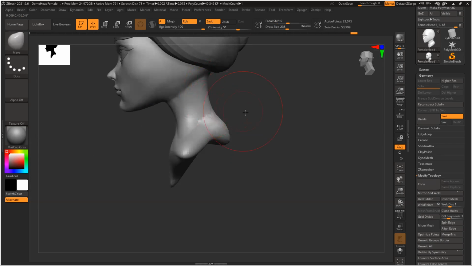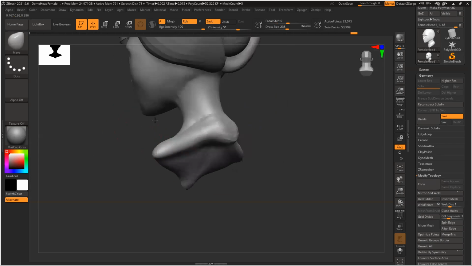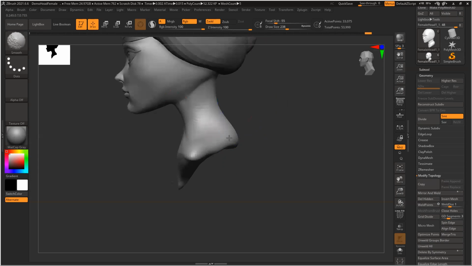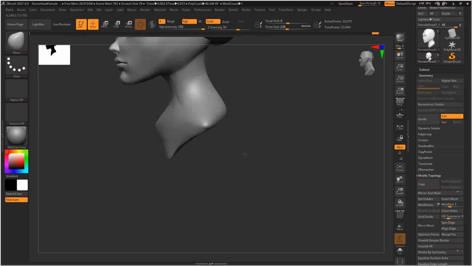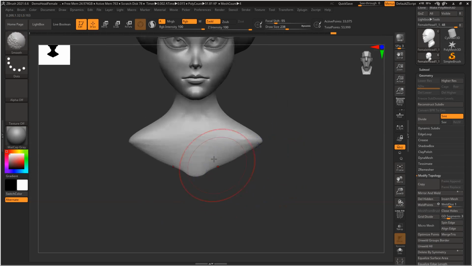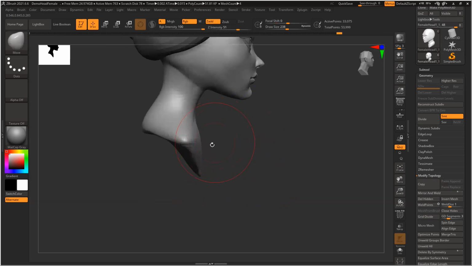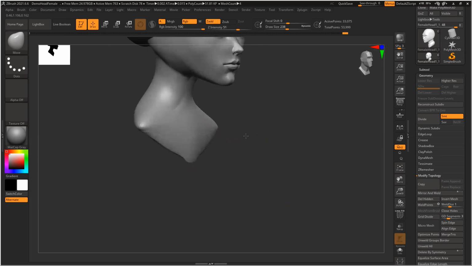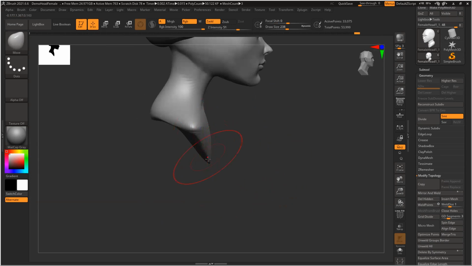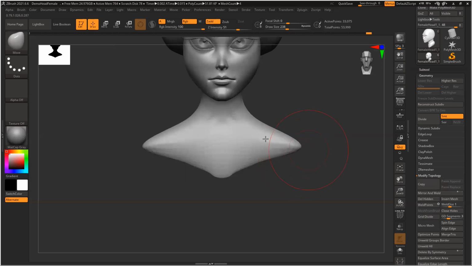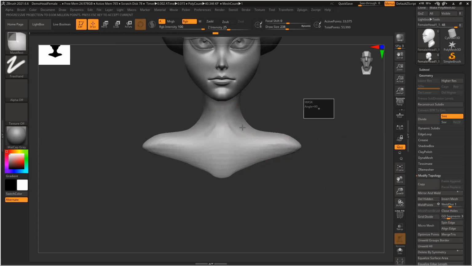Narrow it down, narrow it down. Dynamesh the model.